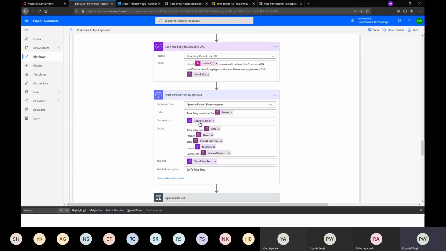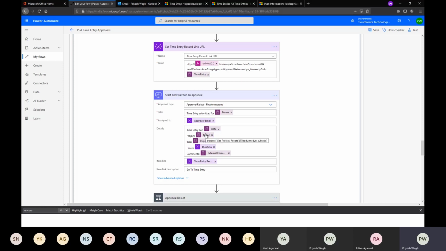So finally, what I'm doing here is just populating and arranging my approval based on all the variables and links that I gathered up until now, right? So I have the time entry that I retrieved in the second step. I'm just getting what date that time entry is for, because usually time entries are submitted towards the end of the week, so the approver should know for which date this time entry was for.